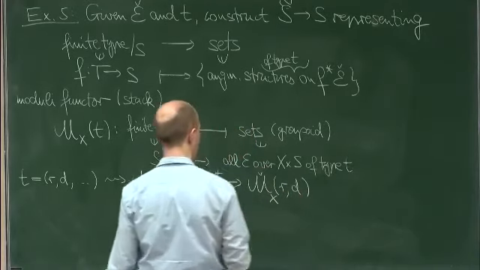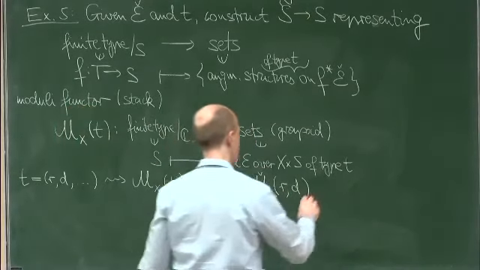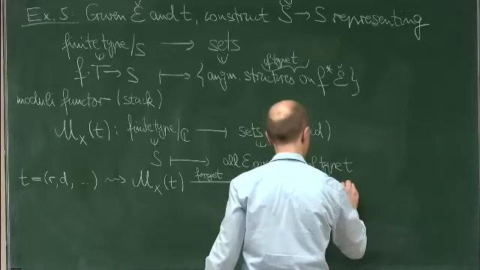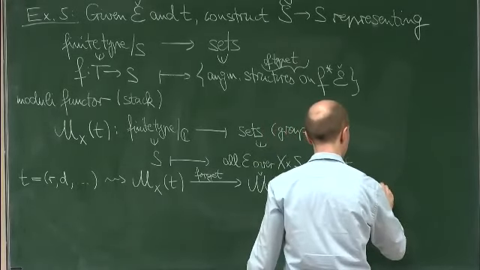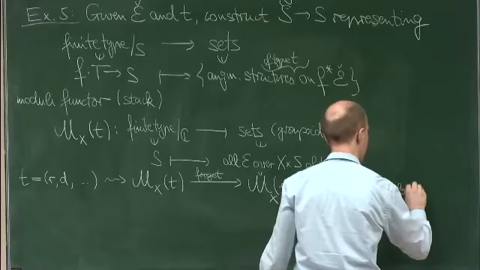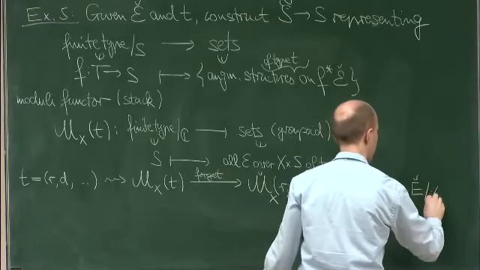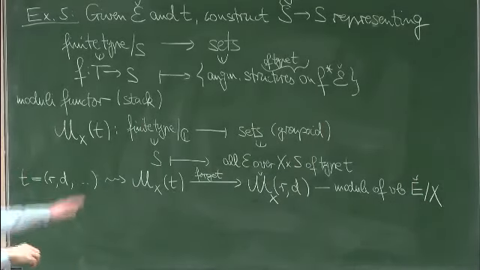I'm going to denote them by M check because I always denoted the underlying vector bundle by E check. So this is now the moduli functor or moduli stack of the vector bundles, the underlying vector bundles E check over X. So there's this forgetful map,